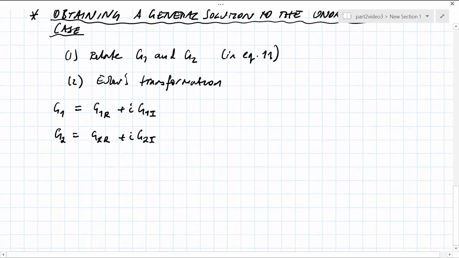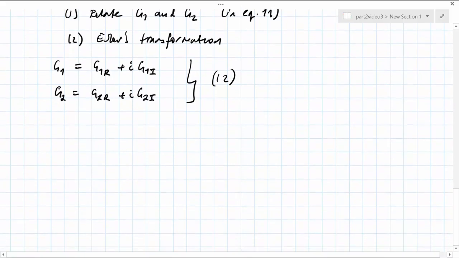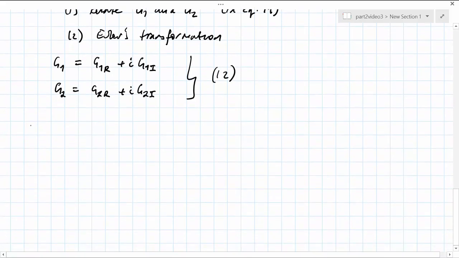If we then substitute equations 12 into equation 11, we then get